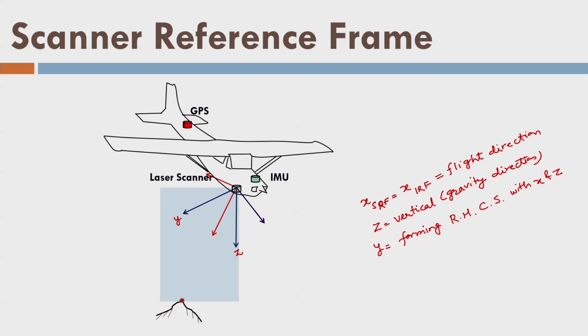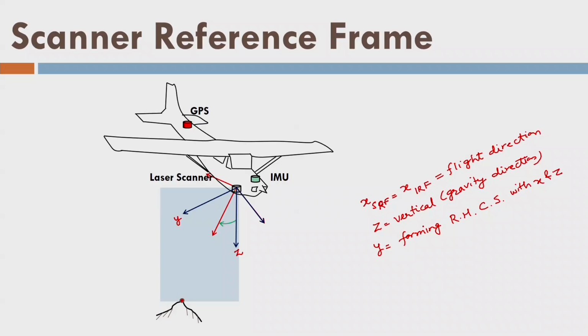You can notice here the origin of the reference frame is at the laser scanner. Moreover, I would like to say one thing here, that we are using the term reference frame, which means it is not a theoretical concept, it is a realized reference system. That means I know the origin of the reference frame as well as the orientation of the reference axes. So that is why we are using the word reference frame. So this is the scan angle eta. So we defined this scan angle in the last slide also.